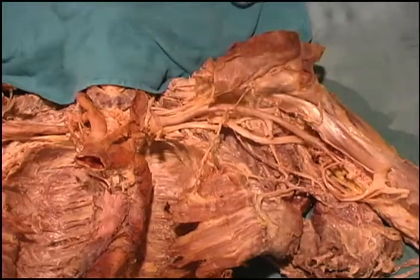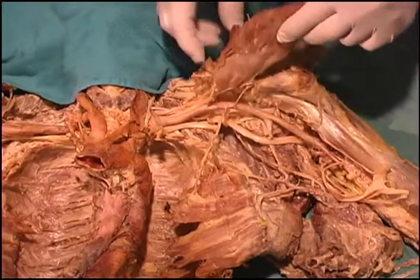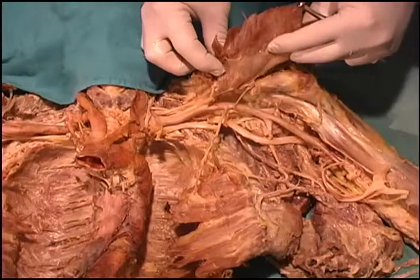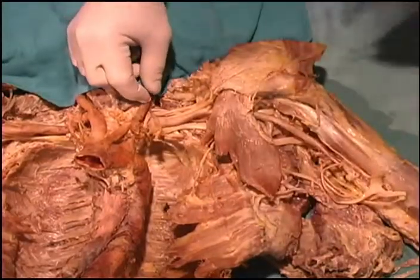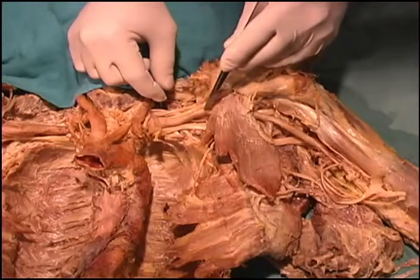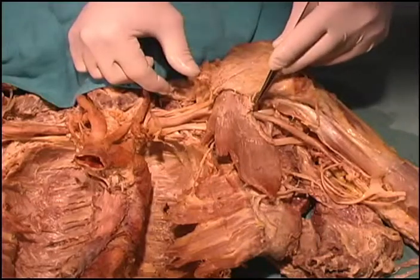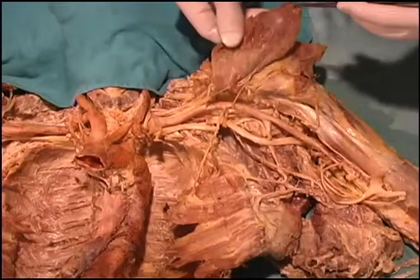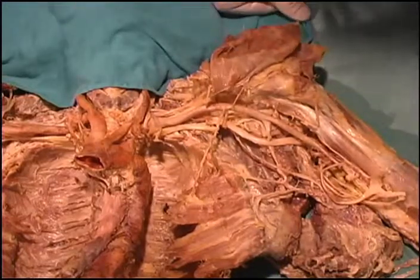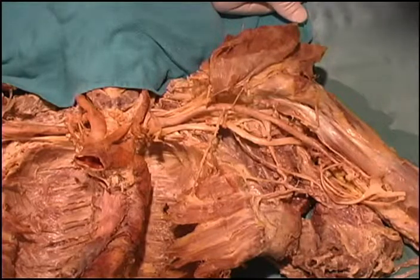Now, it's nice to divide the axillary up into three parts based on the insertion point of the pectoralis minor muscle. So if we flip this pec minor back down, you can see that we can divide the axillary artery into a segment that's above the pec minor, a segment that is under the pec minor, and a segment that is below the pec minor. So we'll now move the pec minor back out of the way, and we'll look at the branches of those three segments. Conveniently, there is one branch off the first segment, two branches off the second, and three branches off